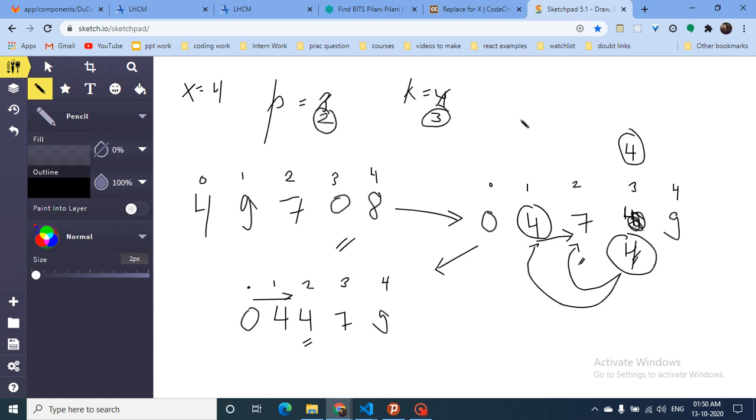What I mean by that is, let's assume there are some numbers, 0, 1, 2 and 3. If I insert 4, then 4 will append here, and if I again put 4, then 4 will append here, 4, 4, 4 and so on. So I hope you get my point.